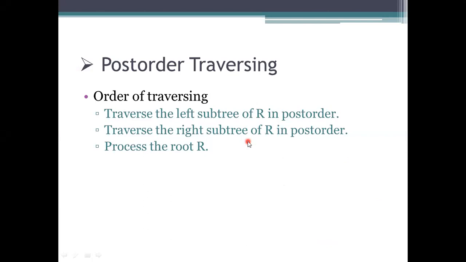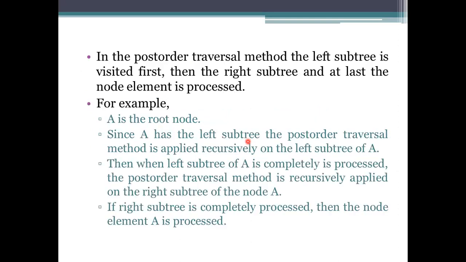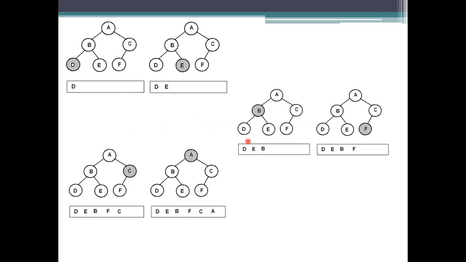So here in order means we are processing the left and the right subtree, and the root in between. And pre-order means first we will visit the root and then we will visit the left subtree and the right subtree. And coming to the post order, we'll visit the left and right subtrees respectively, and then we will visit the root node. This is the order of that one. So any subtree, or if you specify the complete tree, it should follow this order representation.